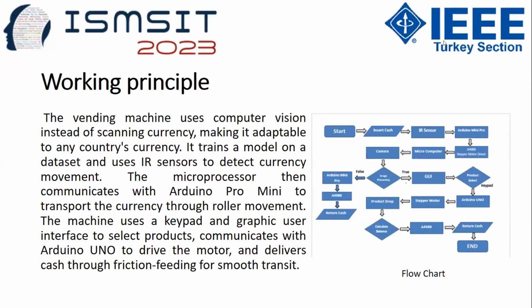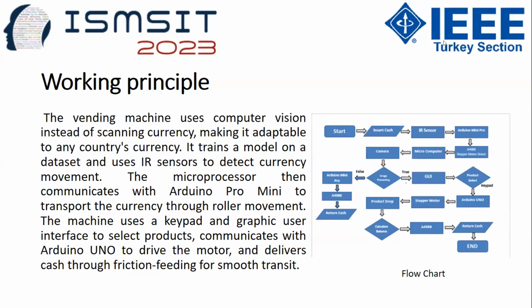The vending machine uses computer vision instead of scanning currency, making it adaptable to any country's currency. It trains the model on a dataset and uses an IR sensor to detect currency movement. The microprocessor then communicates with the Arduino Pro Mini to transport the currency through roller movement. The machine uses a keypad and a graphical user interface, a GUI, to select products, and communicates with the Arduino Uno to drive the motor